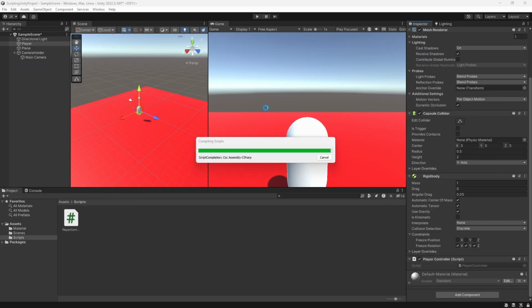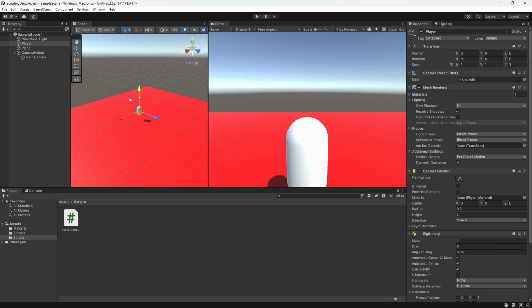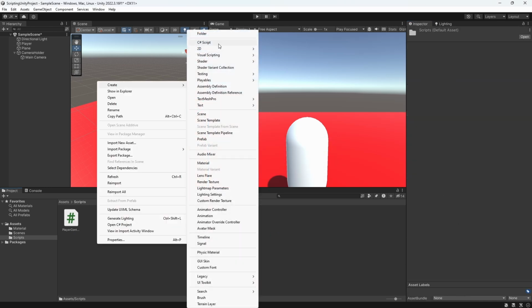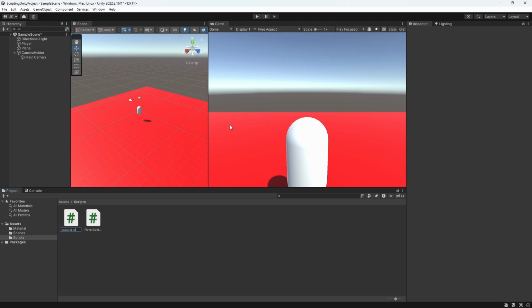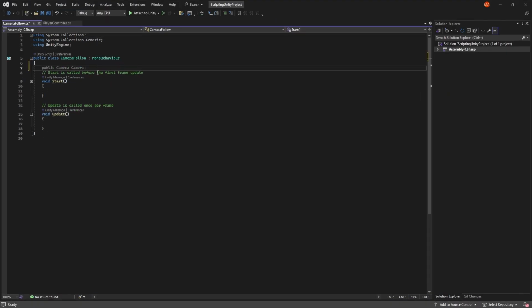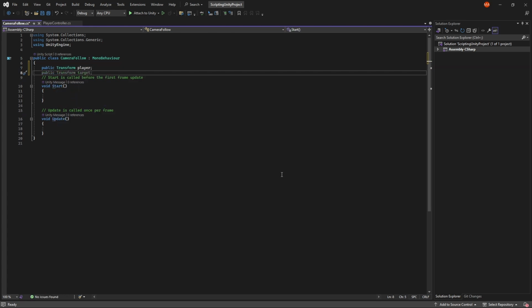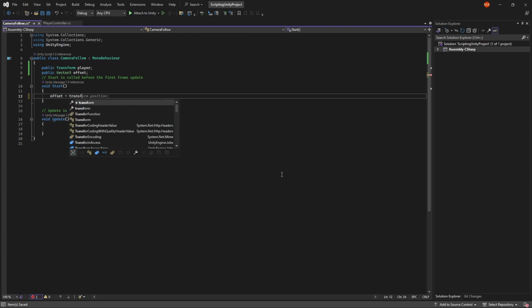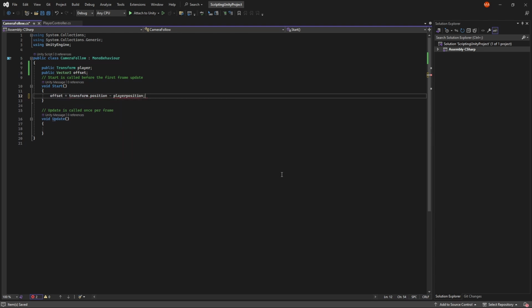And since we have the player script now, we're going to add a camera follower script. So let's add a new script, call it CameraFollow. Open this. And we want to write a simple script that follows the player's position while maintaining a set offset. You can do public Transform player, and we can just attach the player's transform to this later, but public Vector3 offset. And we'll set this in Unity itself. The offset, let's set this first. So equals transform.position minus player.position. And then